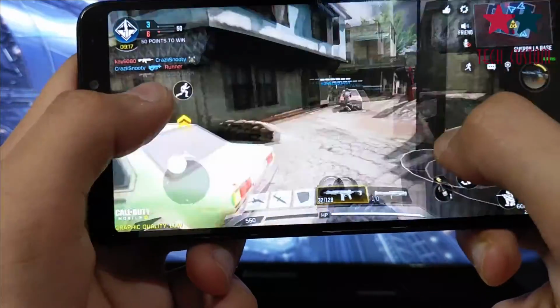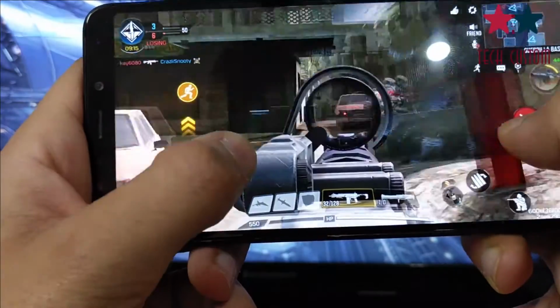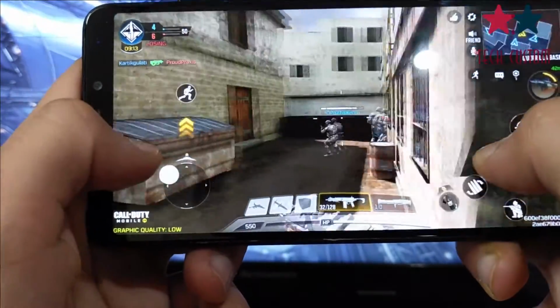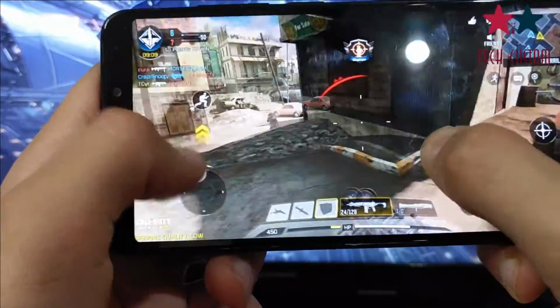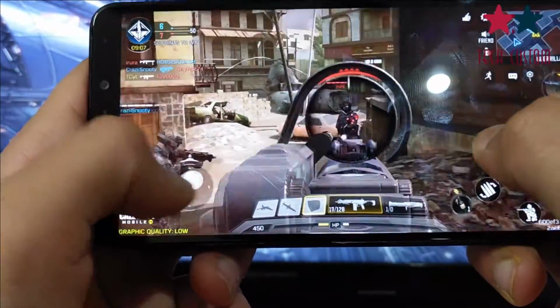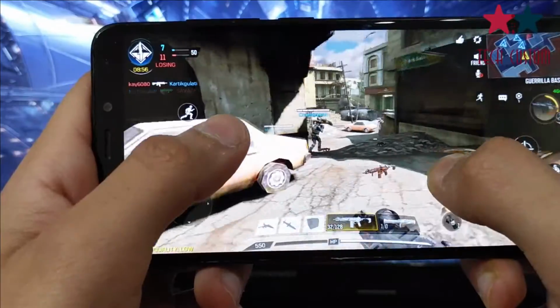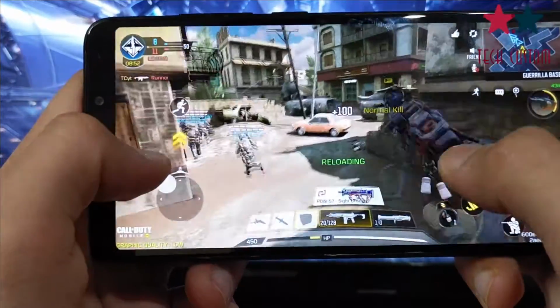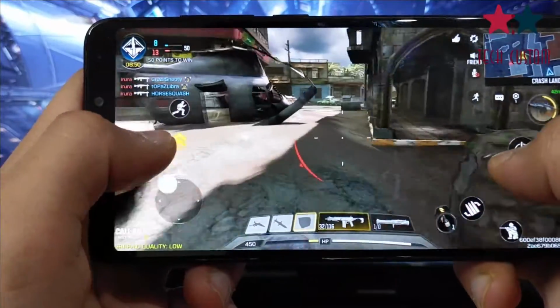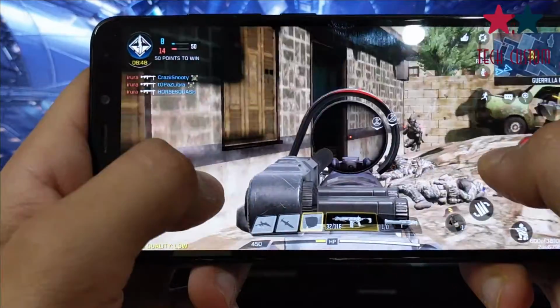Now let's check again. Here is the enemy. Here he is going. As you can see right now, there is no lag because there is only one enemy. So basically the performance is increasing. Basically you will feel the lag in the starting. Your device will take time to start.